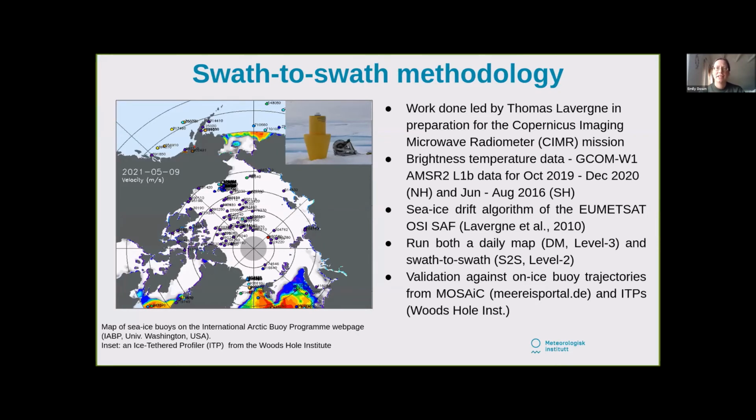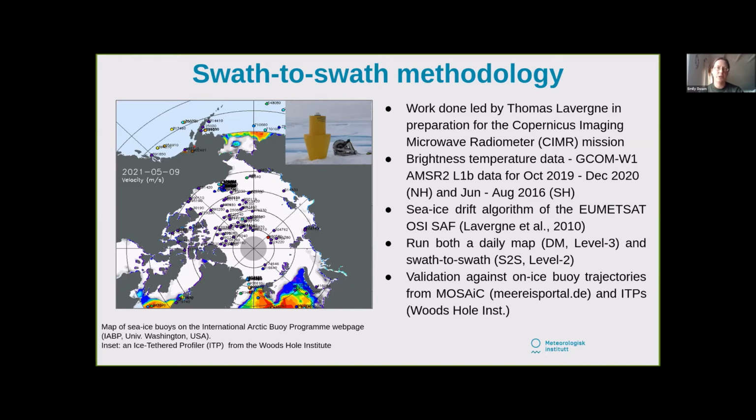And he was basically wanting to investigate whether there are advantages in calculating on swath to swath rather than passive microwave. So for this work, AMSR2 data was used, and the principle was just to calculate the daily maps with AMSR2 and calculate sea ice drift maps from swath data with AMSR2, and then validate these both separately